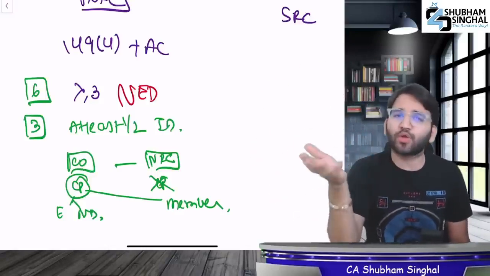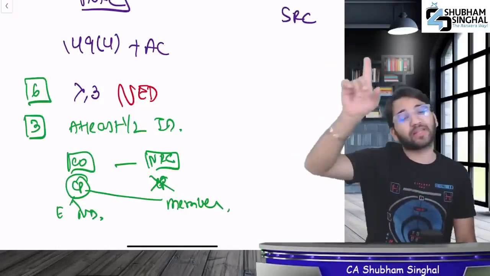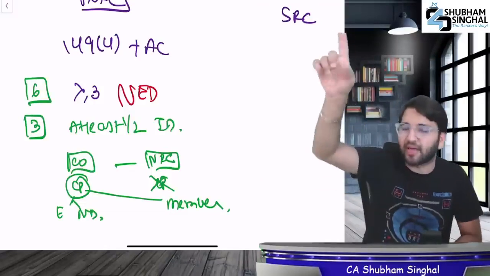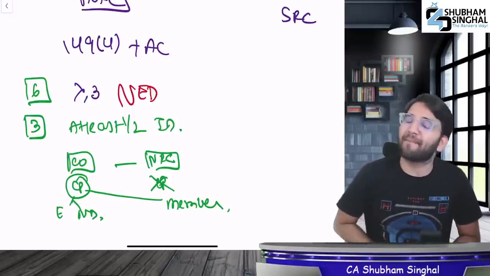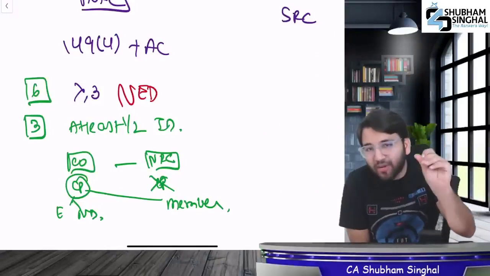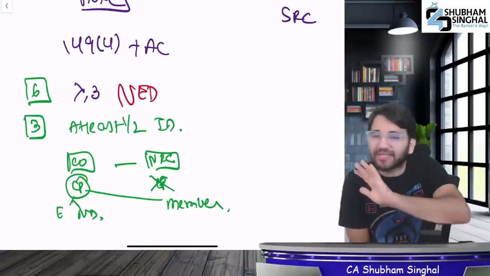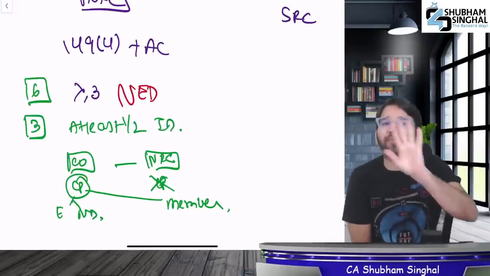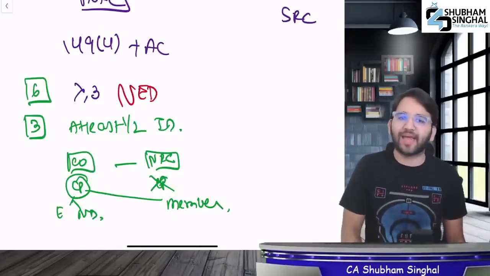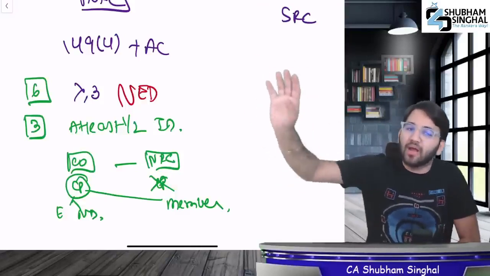He's an executive director, how will he become a member? It doesn't matter. We have just one exception. The non-executive director of the company or chairperson can definitely become a member of the nomination and remuneration committee if he wants to. What does it mean? Can Mukesh Ambani of the Reliance company become head of NRC? No. Can he become a member of the NRC? Yes. You can't say since he's an executive director, he can't be a member. You have to live in India after all. This was the composition of NRC.